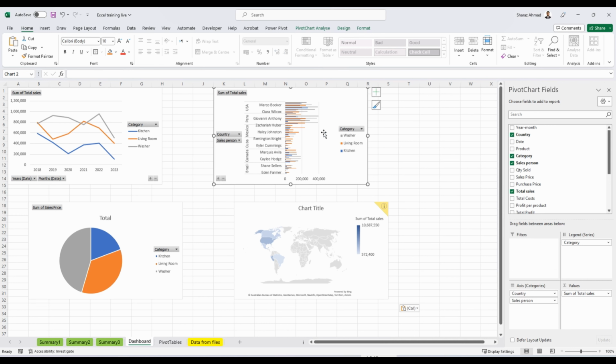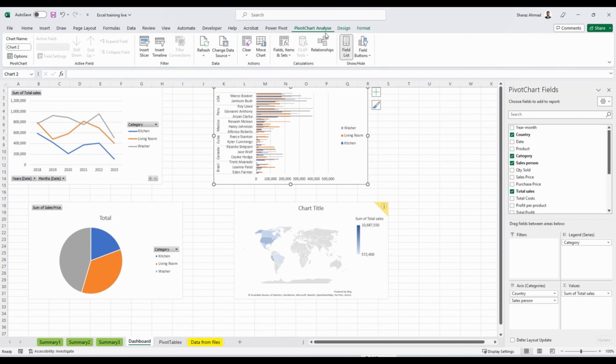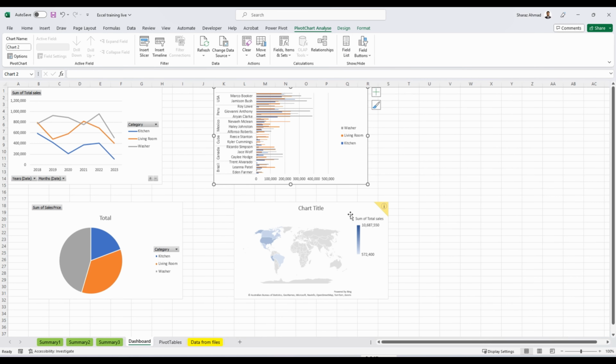So in this case, let's get rid of these. We can right click here and say Hide All Field Buttons on Chart. This will hide buttons. We can go to PivotChart Analyze and click here to hide this pivot chart field, like this,